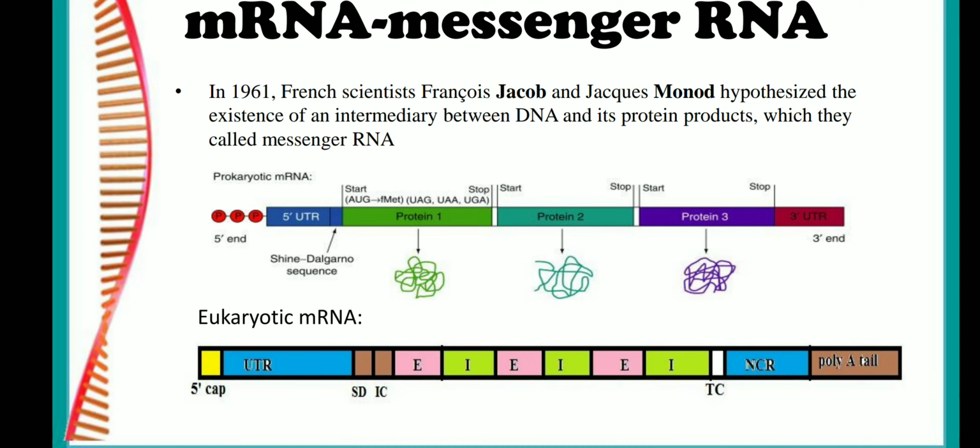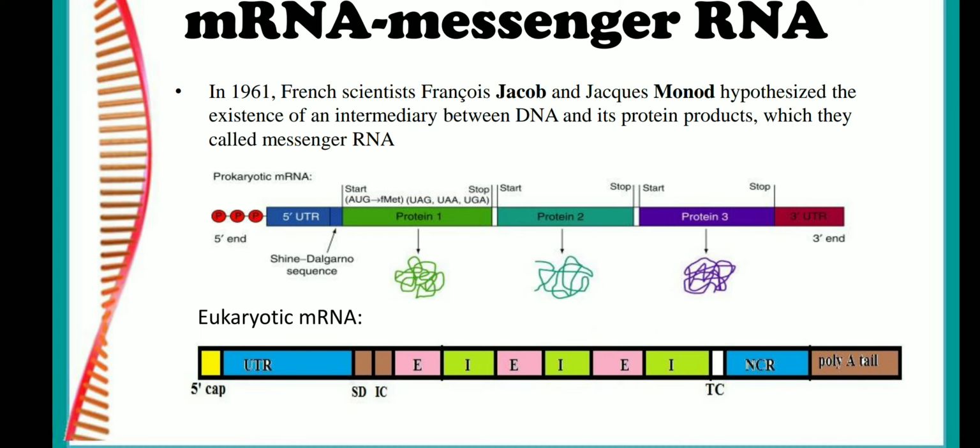Moving on to the eukaryotic mRNA. The eukaryotic mRNA has a 5' cap. This 5' cap is present at the 5' end of the mRNA molecule. In most eukaryotic cells and animal viral molecules, it is found. This 5' methylated cap is because at the 5' end there is a guanidine molecule which is blocked by a methylated structure.